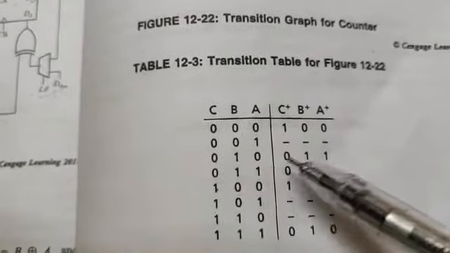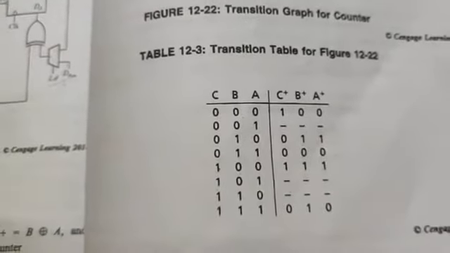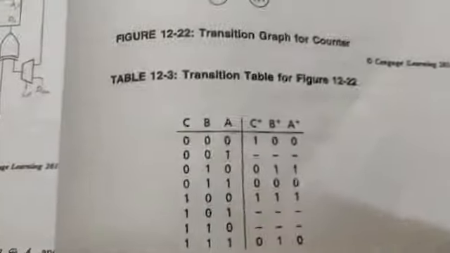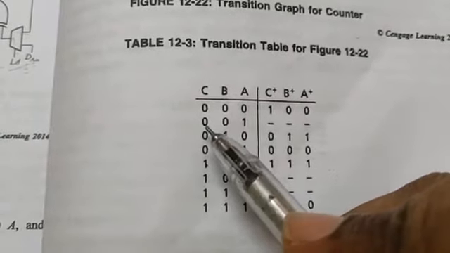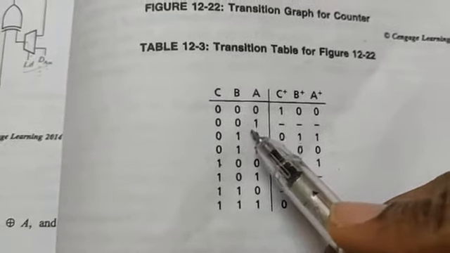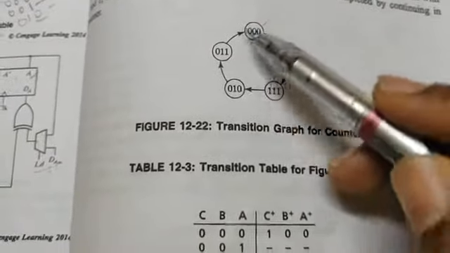So after 0, 1, 1 it is supposed to go back to 0, 0, 0. Okay, we are left with a few unfilled blocks. Like what is supposed to be done when it goes to the state 0, 1, 0, 0, 0, 1. It never goes to the state 0, 0, 1 because there is no 0, 0, 1 in the state.